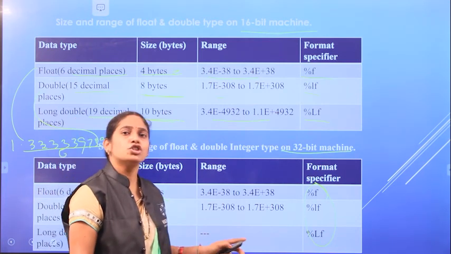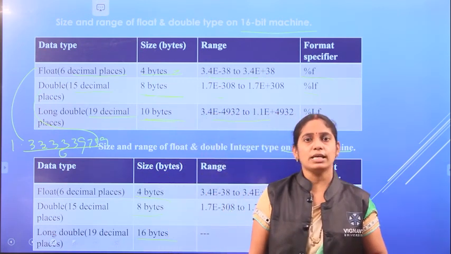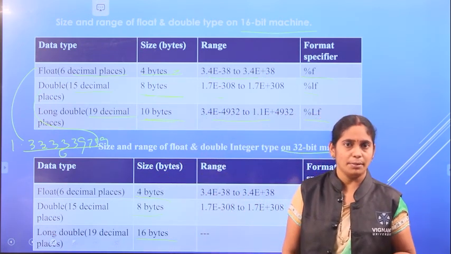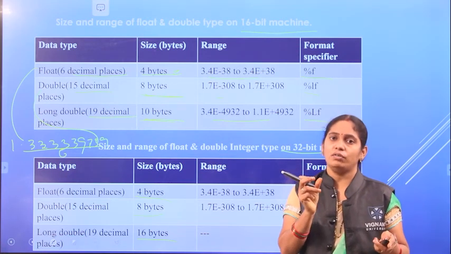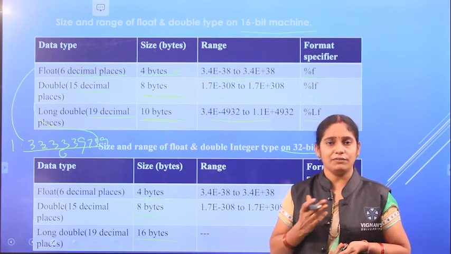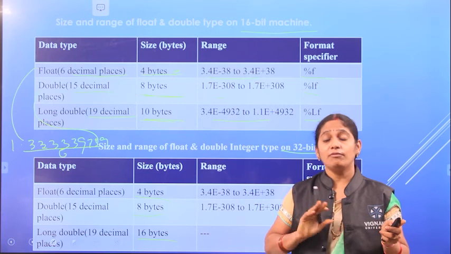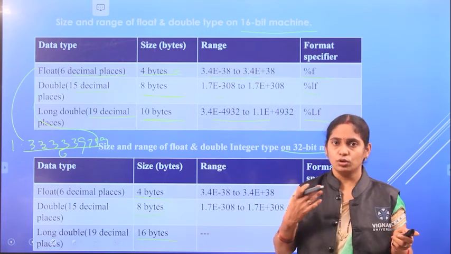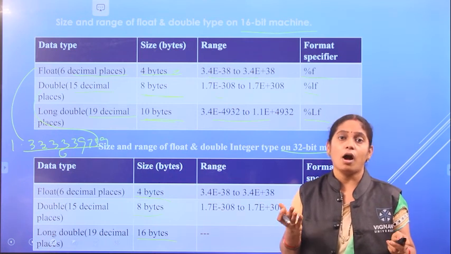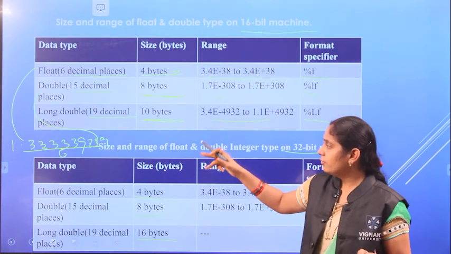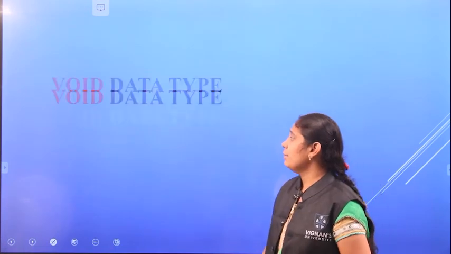Float has different forms, and based on the value you get, we need to use the respective form: float, double or long double. That depends on the number of decimal places we get after the point. If we need only 6 after the point, then float is sufficient. If we have more than 6, then we should move to double. If we have more than 15, then we should take long double.